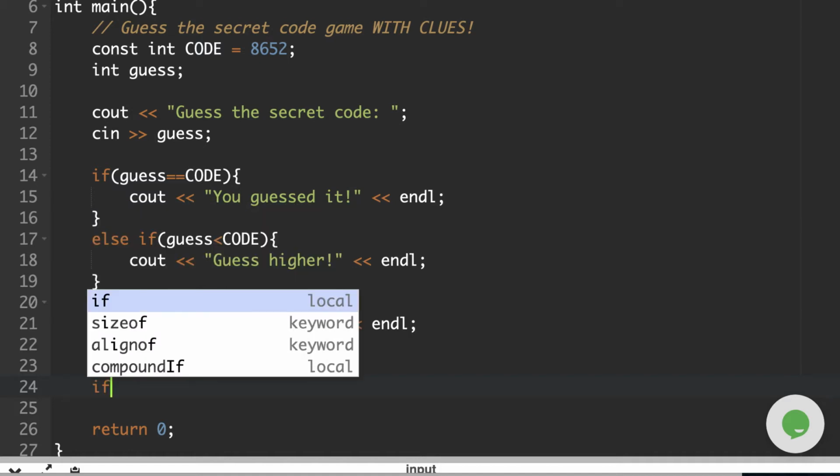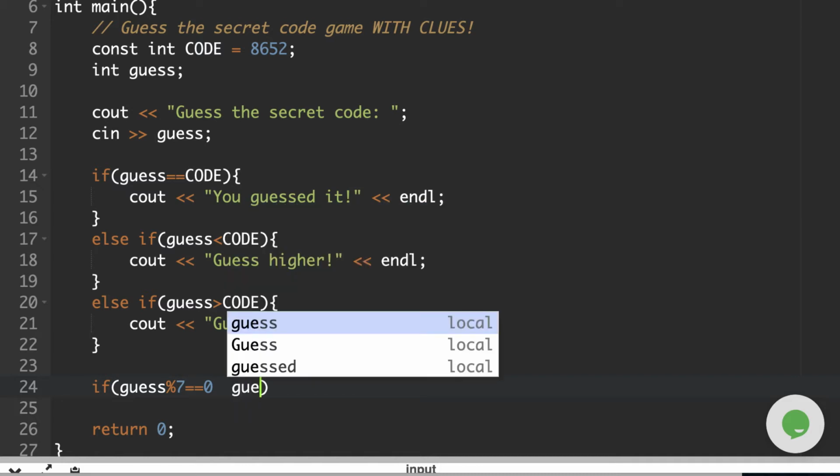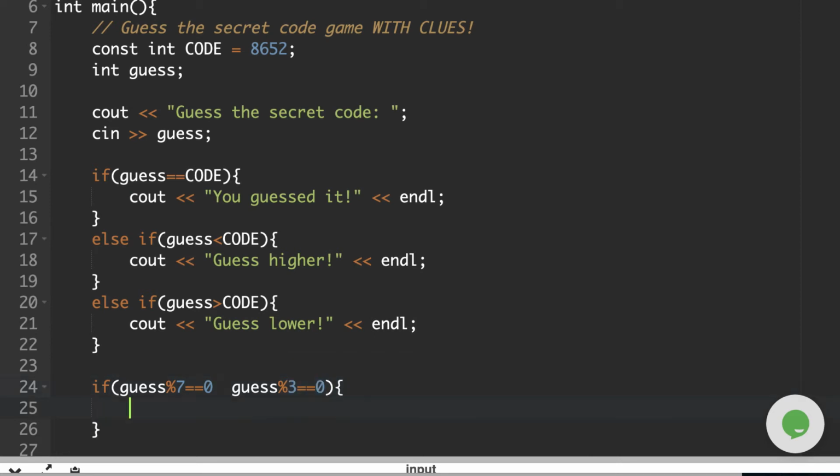So it can run, like you can guess something higher, but also make it fit this. So what I want to do is if their guess modulus 7 is 0, but then I also want to say something like if their guess modulus 3 is 0,